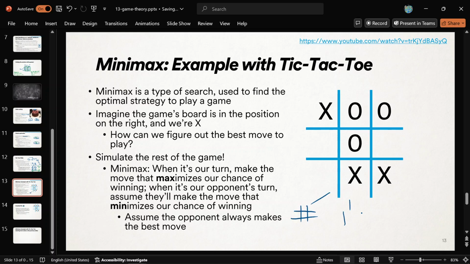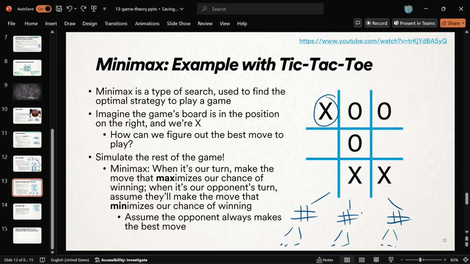Try X going there, try X going there, try X going the other spot and the third spot. You got 3 new game boards, right? And then try O's turn. O gets two options in each case, right? And just keep on going down, down, down until you're done or somebody wins. You can enumerate every single possibility of tic-tac-toe because it's such a small game. What are all the different game boards?